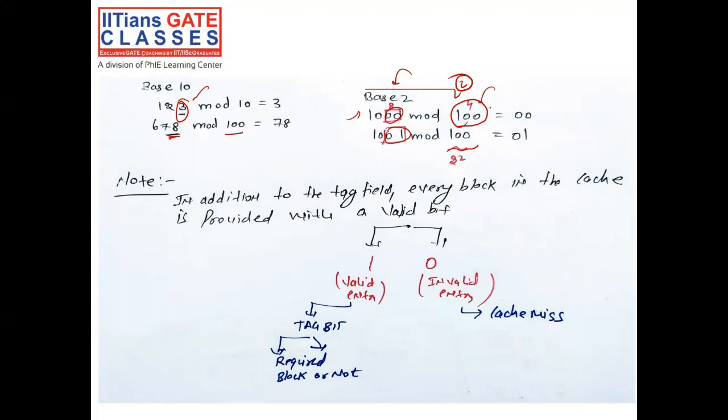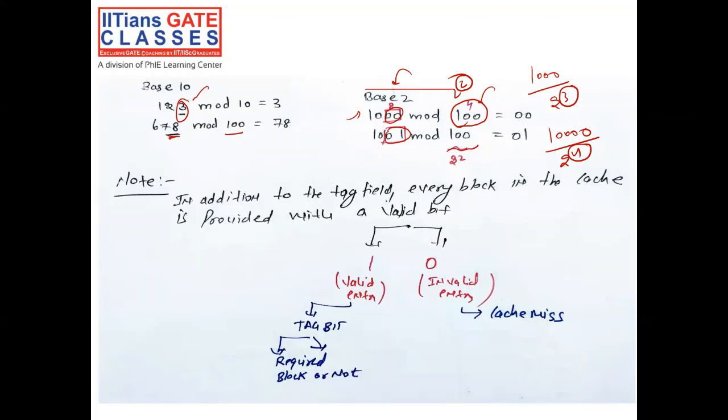This depends upon how many blocks are in the cache memory. Let's say the cache memory has 8 blocks. So 2 raised to 3 means you have to fetch 3 bits from the LSB of the block number, which is the line number of the cache memory. Similarly, let's say if 16 blocks are there, then it will be 2 raised to 4. So 4 bits you need to use as the line number. This is the way to calculate.